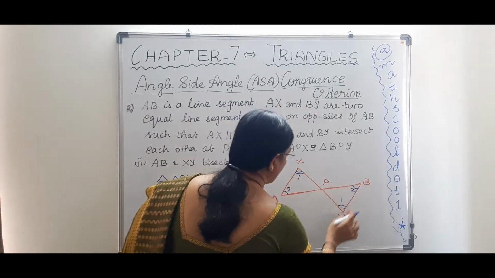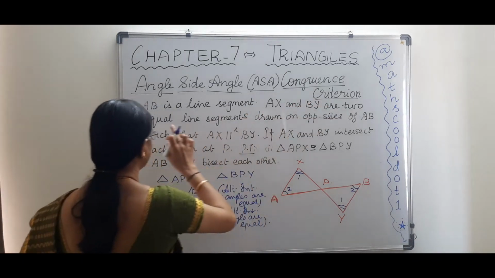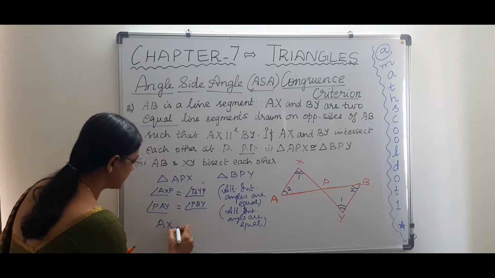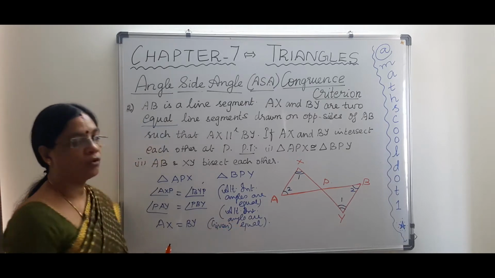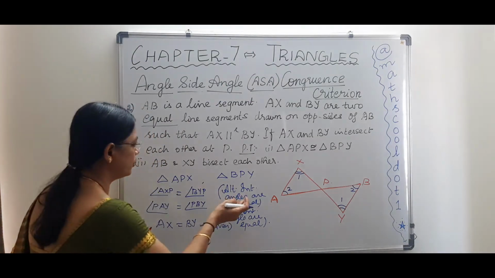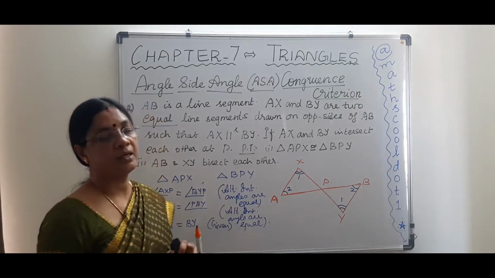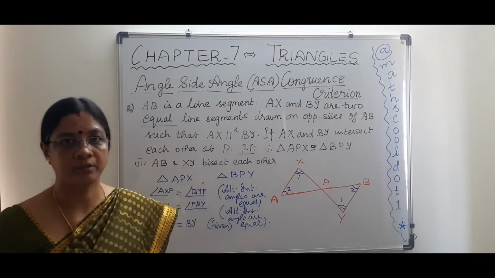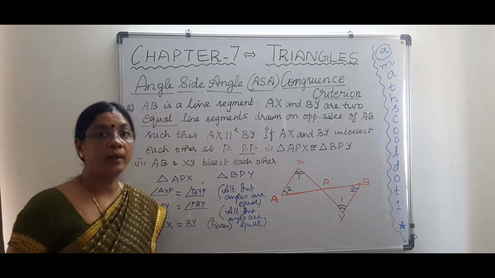And what about the line AX and BY? They have given you initially that AX and BY are two equal line segments. So we need to write AX is equal to BY, that is given. Always write the justification to the right of it within brackets, so that you will understand and you tell the examiner or whoever is seeing your problem, or when you revise you will be able to understand for what this statement we have written. So now AX is equal to BY, that is given because they are two equal line segments.